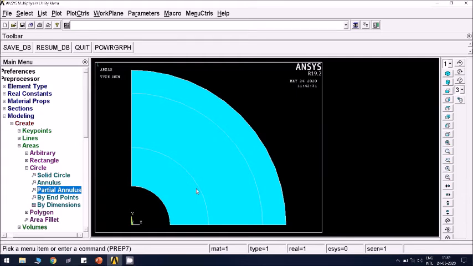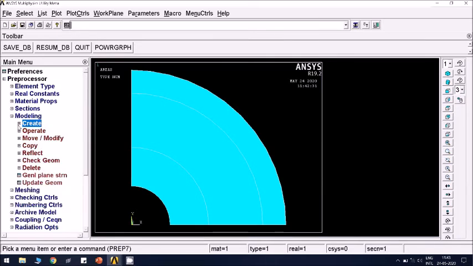So 3 layers of materials are placed now, but whenever you create separate entities like this, at the interface there will be 2 lines. Between these two areas there will be an extra line. In order to have perfect continuity between the layers, we need to remove that extra line. That is done by using an operation called glue.